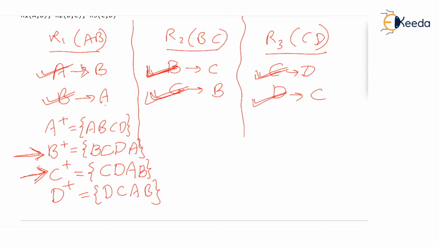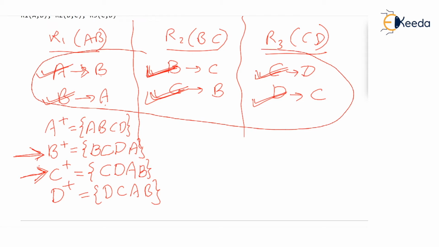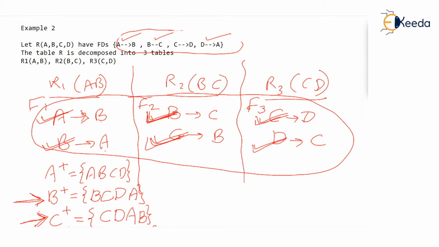So these are the 6 dependencies taken together. If you call this set F1, this set F2 and F3, then the union of these 3 gives the dependencies which are satisfied in total. Now, if you write this union, then you just check which of the original dependencies are satisfied. Is A determining B from the original FD set, which I am ticking, there in F1 union F2 union F3? Yes, it is there. I'll encircle it.